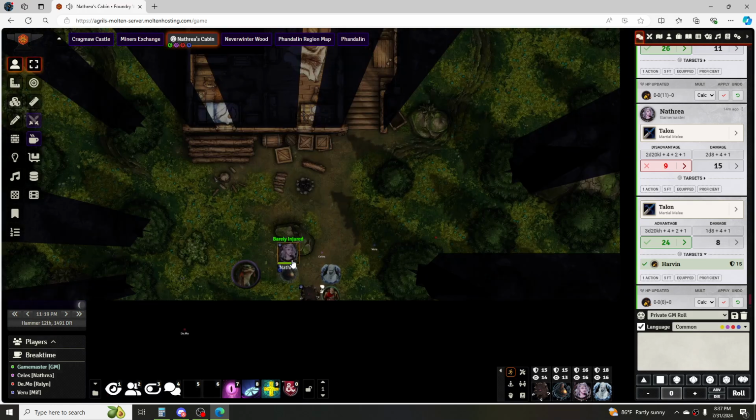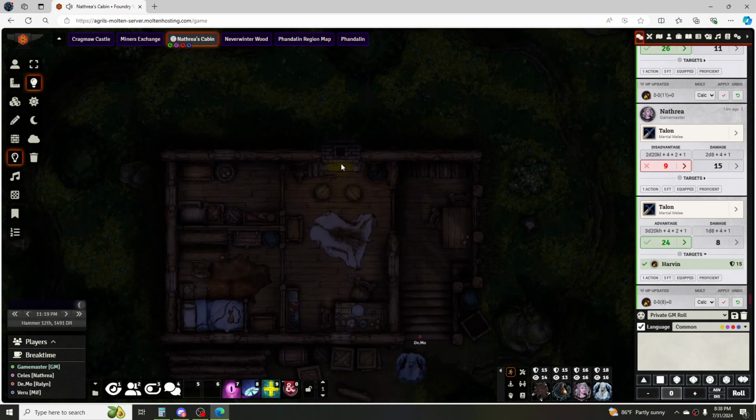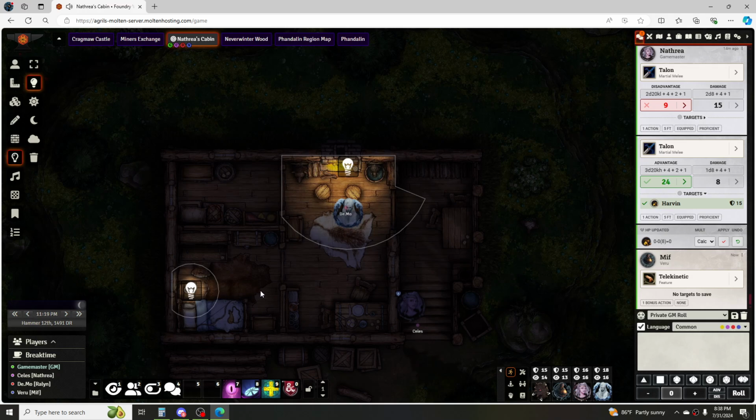But yes, you can make your way into Nathray's cabin. It's not much, but it's humble. It's a place to sleep. It is the outdoors. There's only one bed, so I guess we'll throw...